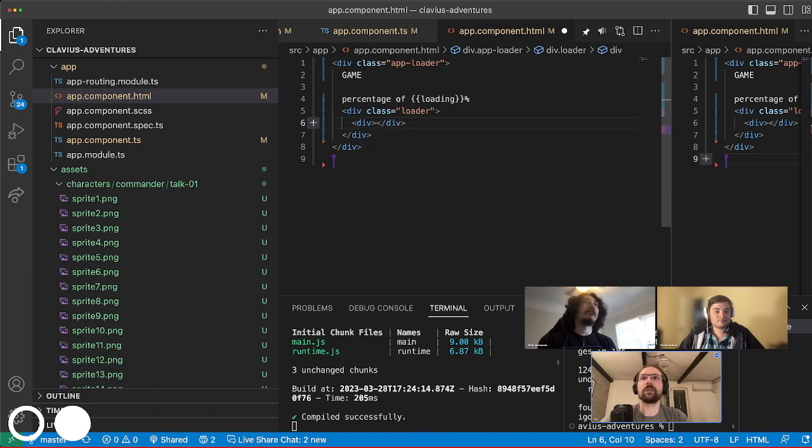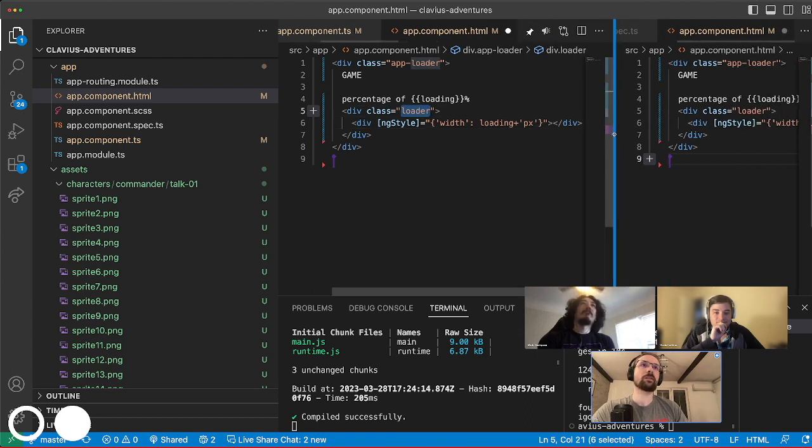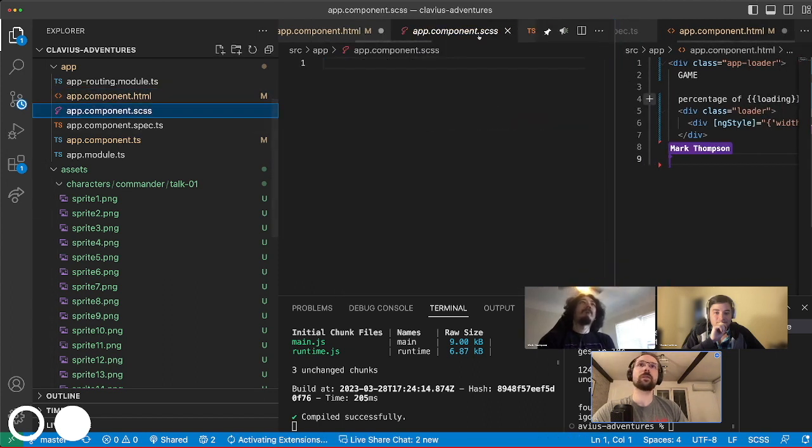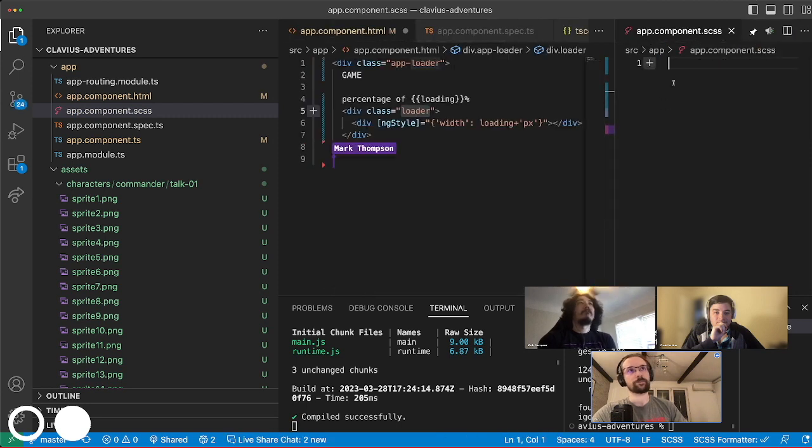and here use ngStyle in Angular, and then we'll pass the width. Looks like it's letting you write in YAML. I guess it's not. No, it's not. And yeah, that actually should be loading. I think this is the way. And from here, I would add a few things. As a loader, should be